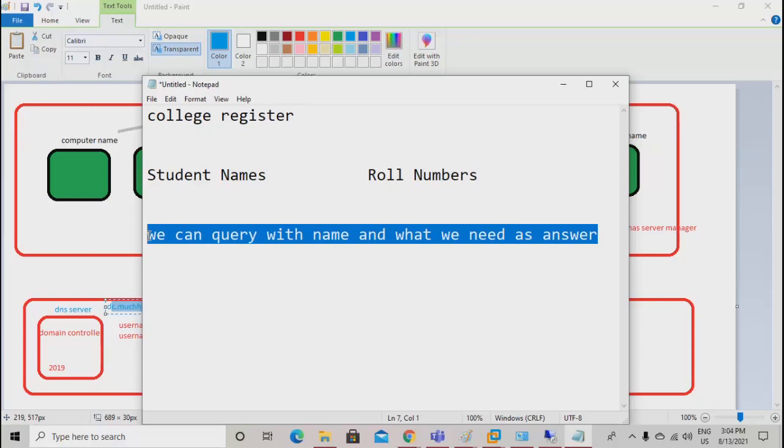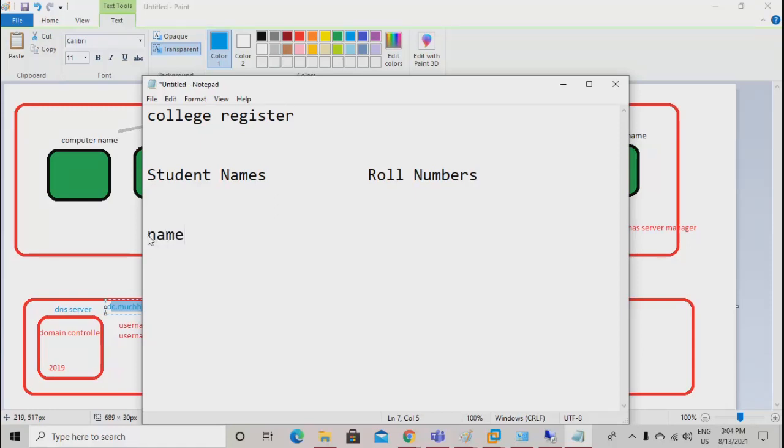When we query as name, we are expecting an IP address. So if I'm querying flipkart.com, then my computer gets some IP address. Now suppose I have someone's IP address. I will query with that IP address. What should I get? I should get the domain name.